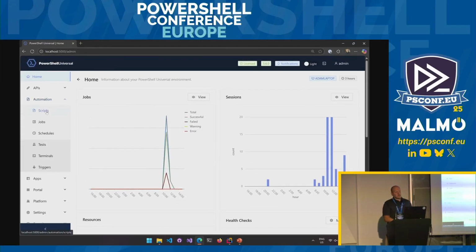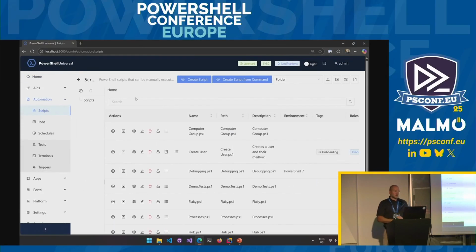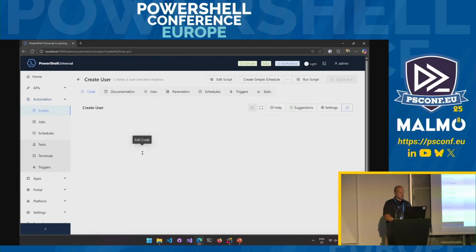One of the major things that people do with PowerShell is run scripts. So there is a script section to add your scripts into PowerShell Universal. We integrate really, really deeply with those scripts in a couple different ways. One being that we actually look at the script and the parameter block and determine what inputs we need for those scripts. So for example, if I were to look at something like this create user script,